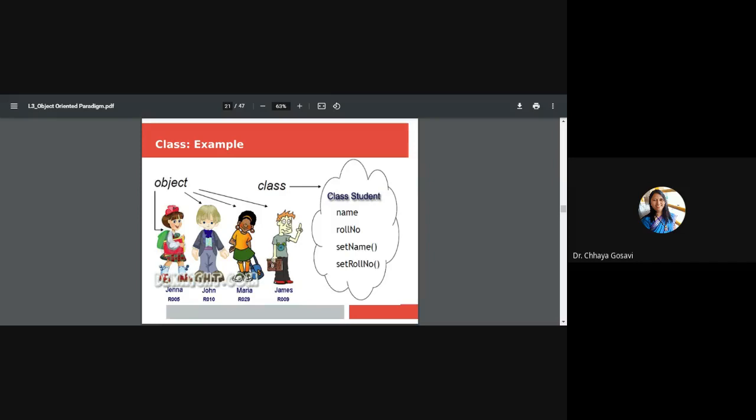Tree is a class, and banyan tree is an object of class tree. Class subjects. Yes, subject is a class, and fundamentals of programming language is an object of that subject class. Correct.